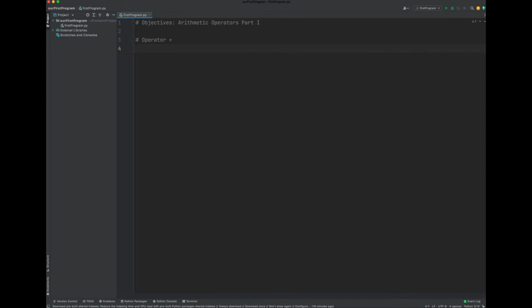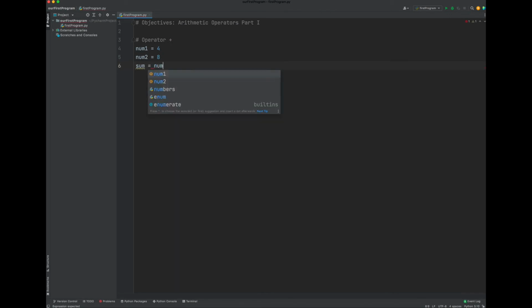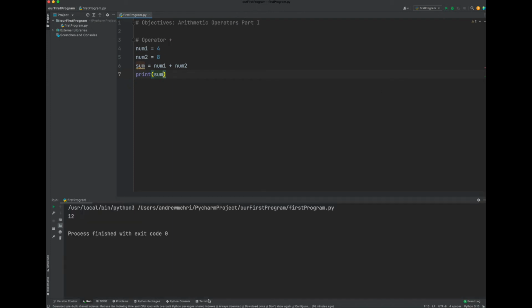So for example, if we had num1 equals 4 and num2 equals 8, then if we do the sum and we add num1 plus num2, and then if we print the sum, we're going to get basically an integer sum of these two, which will lead to a 12, as you can